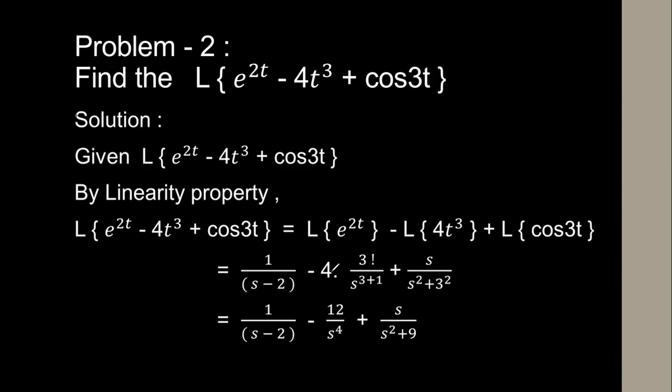6 into 4 is nothing but 6 into 4. 6 4 are 24, not 12 here. 6 4 are 24. Okay. Right. So 1 by s minus 2 minus 24 by s power 4 plus s by s square plus 3 square, the value is nothing but 9. So this is the way you